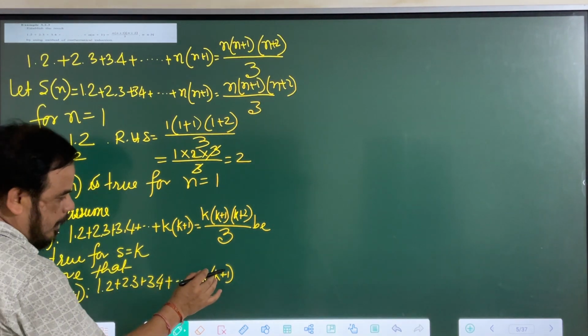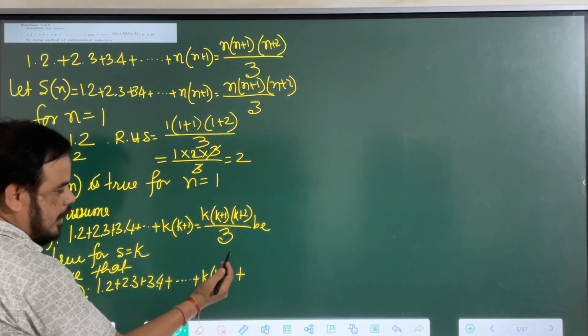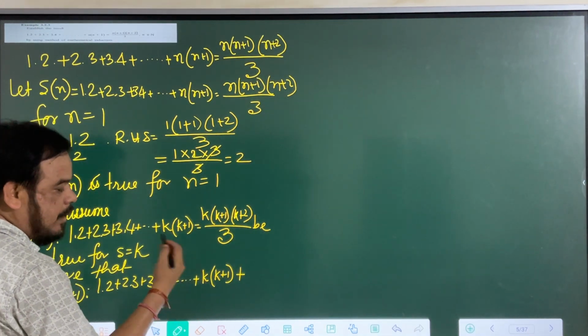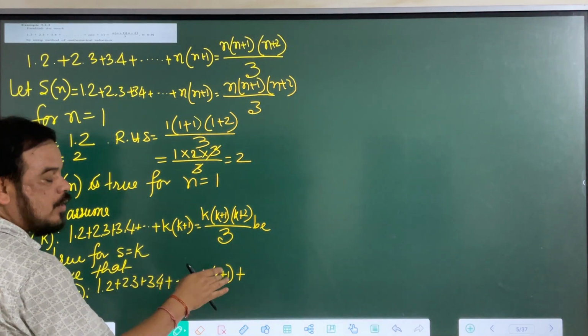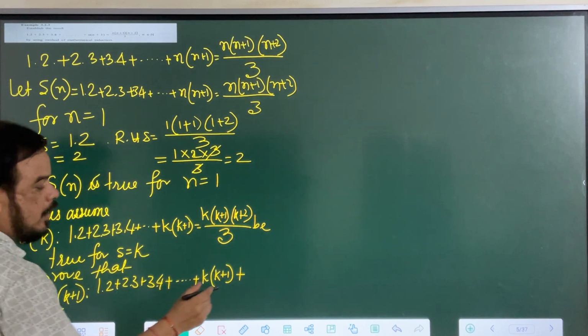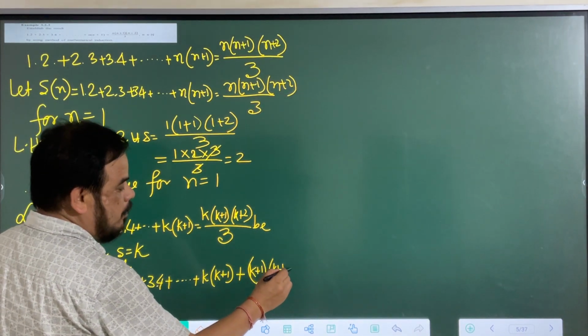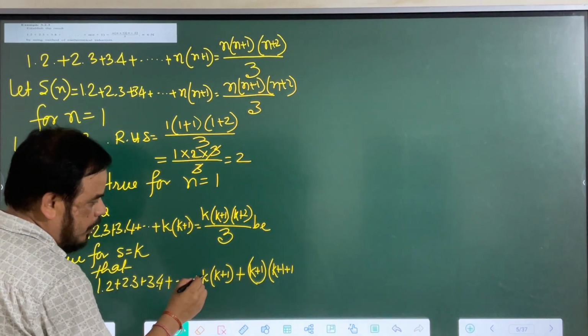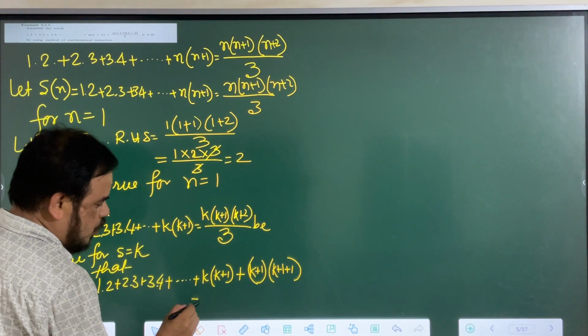This is up to k terms, but it is k plus 1. So next will be till k terms k into k plus 1, till k plus 1 term k plus 1 into k plus 1 plus 1, in place of k, k plus 1 equals to,